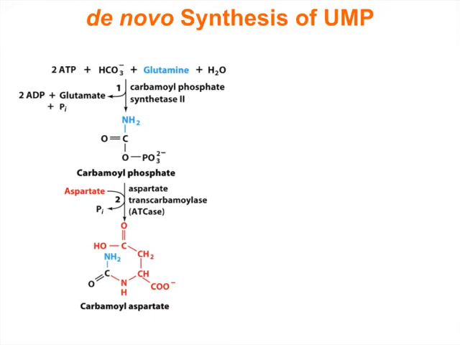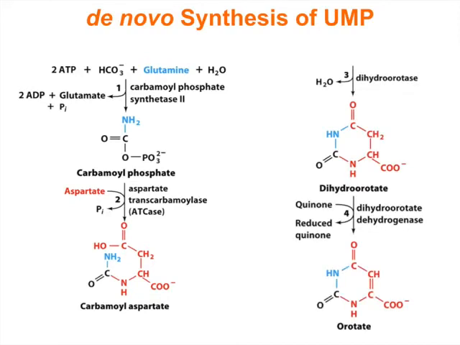All you have to do is link the nitrogen to that carbon here, and as it turns out, it's quite easy to do. All you have to do is dehydrate. We dehydrate, which links this in a pyrimidine ring, and then we oxidize. So we remove electrons from the pyrimidine ring, and now we have what is considered a pyrimidine precursor, orotate. Now we have this pyrimidine precursor,